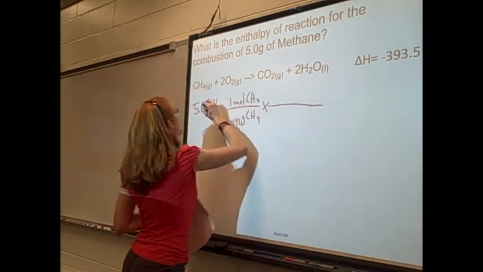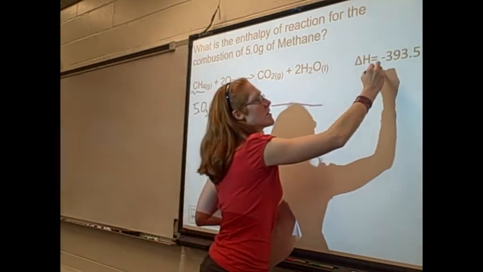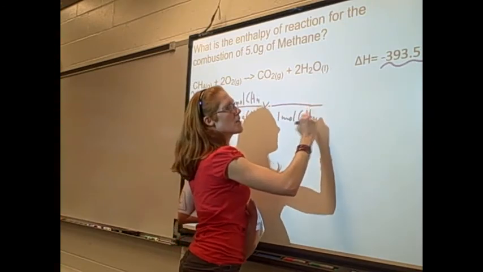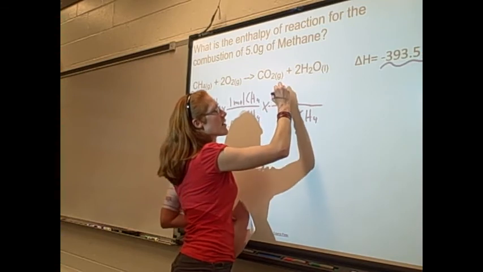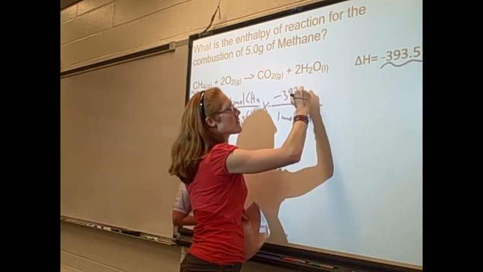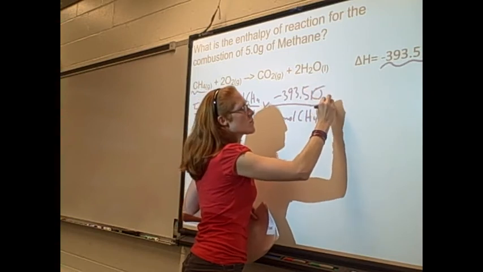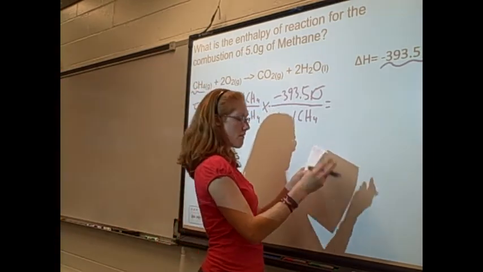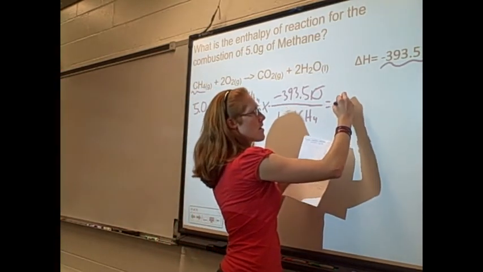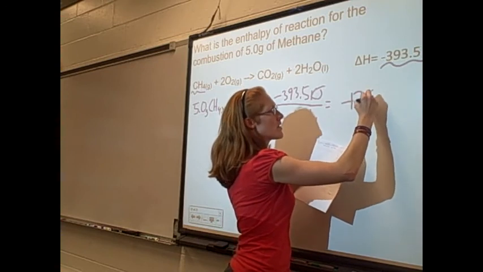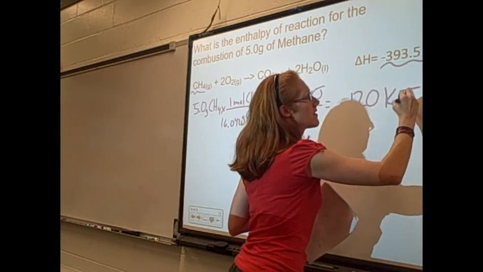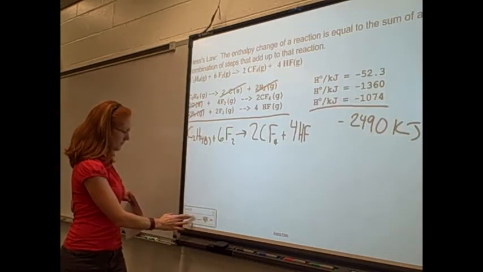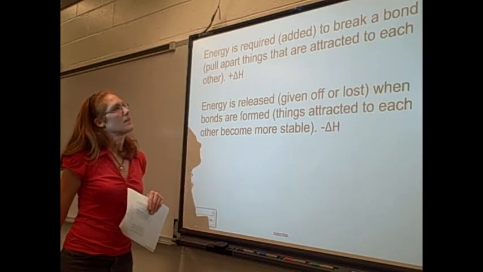And then I know I have to put moles of methane on the bottom. And I can say for every 1 mole of methane, I release this much heat. So for every 1 mole of CH4, I have a change of enthalpy that's negative 393.5 kilojoules that the system is losing. So I go ahead and multiply 5 divided by the 16 times 393.5, and it tells me that 120 kilojoules are given off. So that's stoichiometry. And last we're going to look at